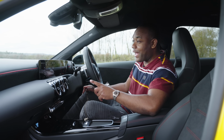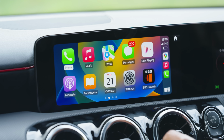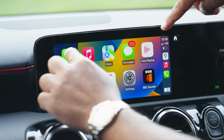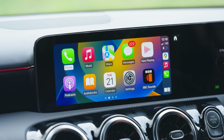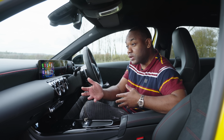It also has Apple CarPlay and Android Auto as standard, and the big news is that it fills pretty much the entire screen. On the old car, you had borders on the left and right hand side. It looked like a bit of a cheap afterthought, but now because it fills that display, it looks a lot more premium. The new A-Class can also come with ambient lighting if you spec it,